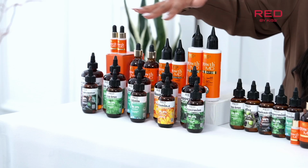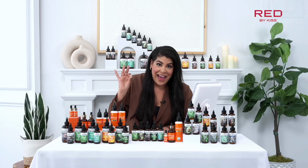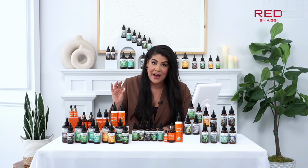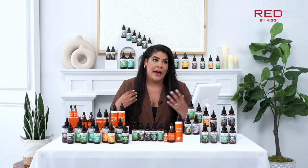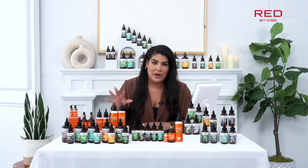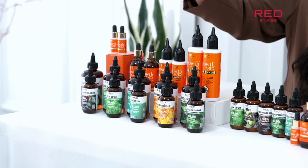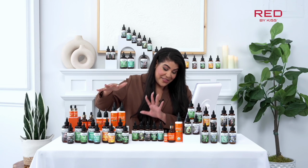There are quite a few different items. Like I said, this is a collection, and I'm obsessed with the diversity in it as well, because you're gonna find something for everyone here. So whether you're looking for something to alleviate a dry, itchy scalp, or you are trying to grow your hair back, or it's thinning, don't worry, we got you. There are 8 different blends here, and one of my favorite things about this in particular, I just want to get it out of the way, is that they are actually